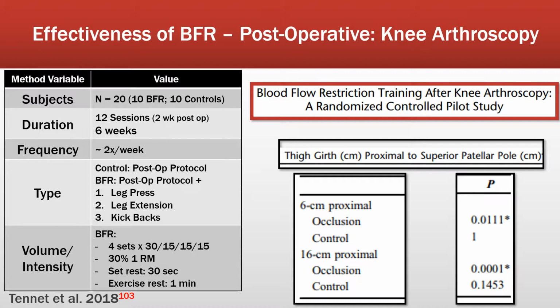The volume and intensity of the BFR group, when they were going through these movements, used what is otherwise now considered a traditional model: 4 sets, 30, 15, 15, 15 reps, 30% 1RM intensity, with a rest of 30 seconds between the sets, and a 1 minute rest between the exercises. And so what we're looking at now, if you turn your attention to the right portion of the screen,